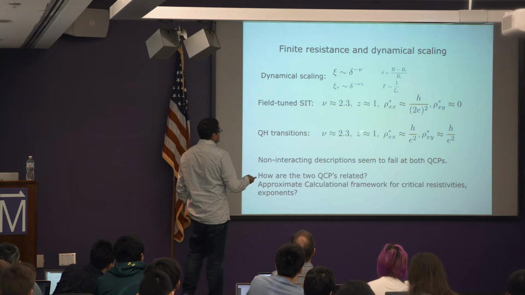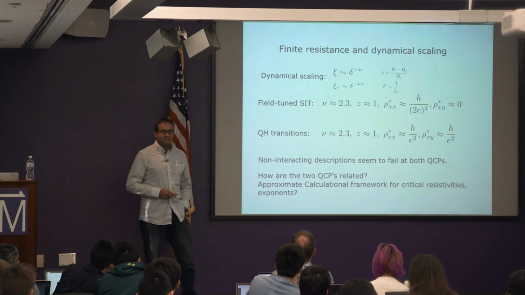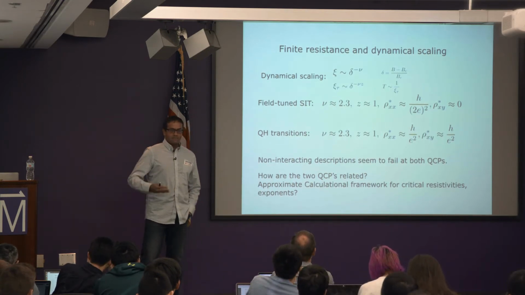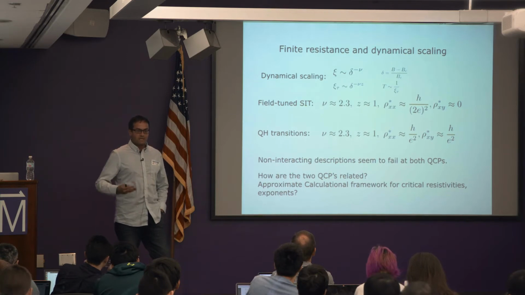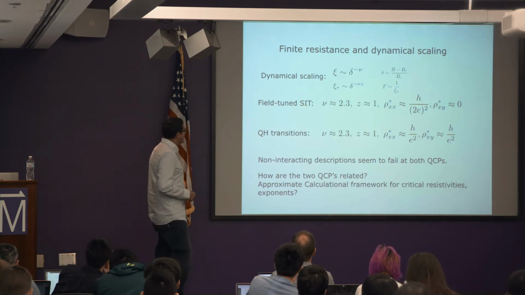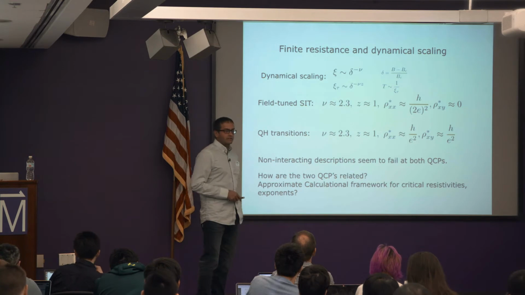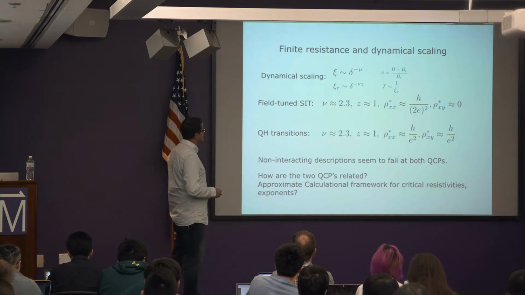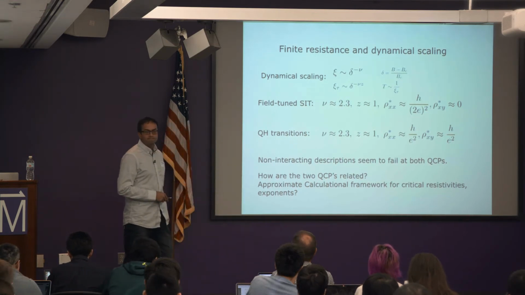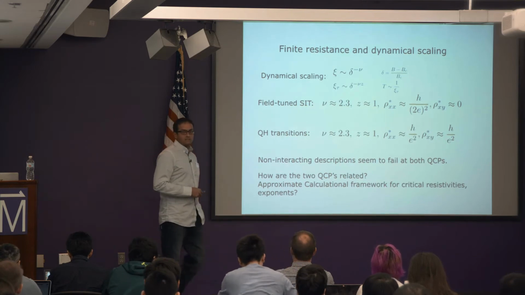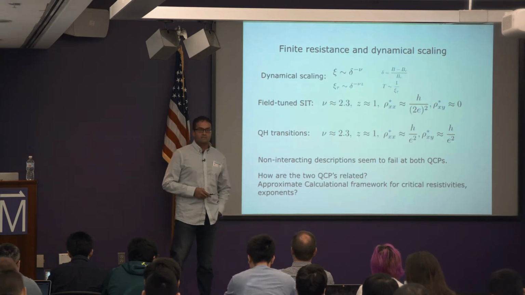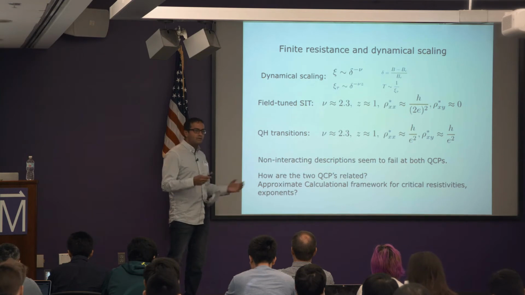Now, if you want to construct a theory of this data, our favorite type of theory is based on free particles, harmonic oscillators, perturbation theory. If you take a strict non-interacting description of both of these transitions, you will not succeed. Okay? Now that's actually surprising to many people when I mention this, because we all think of the integer quantum